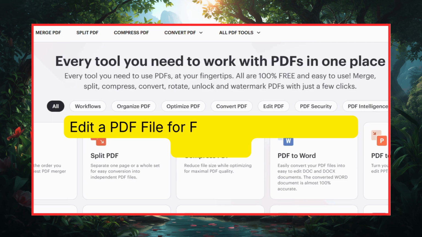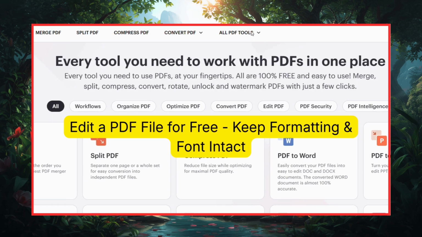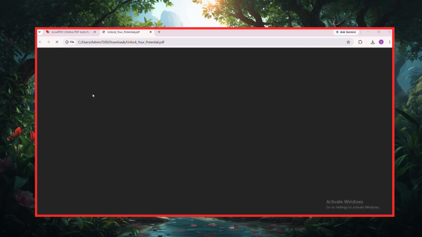Here is how to edit a PDF completely for free, and you can add text, images, or shapes, whatever you